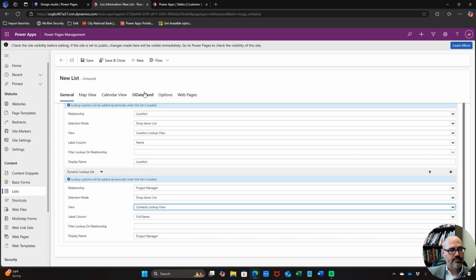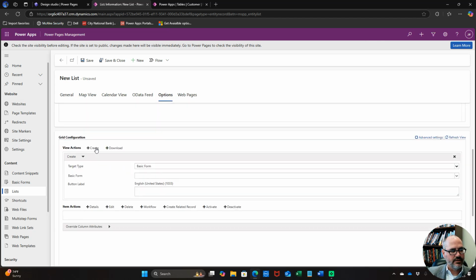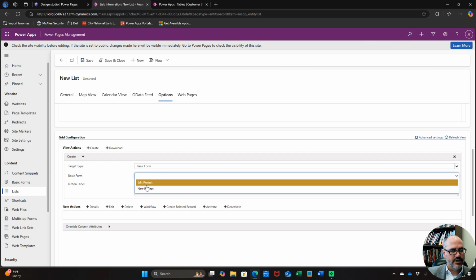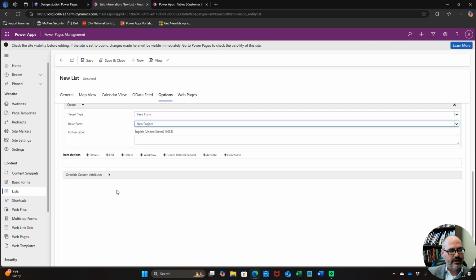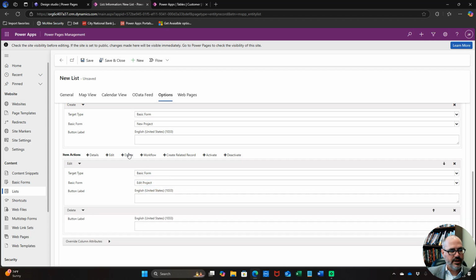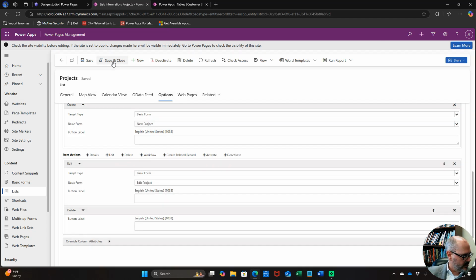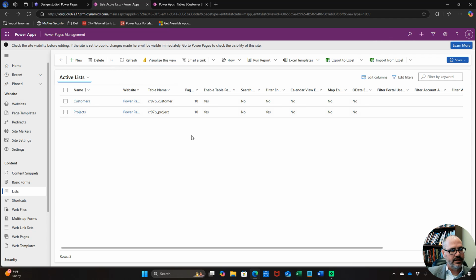So, I also need my options on this one. I want a create button that uses the new project form. I want an edit button, and that edit button is going to use the edit project form. And I want a delete button. Okay, so I'll save and close. I think that does everything that I need in